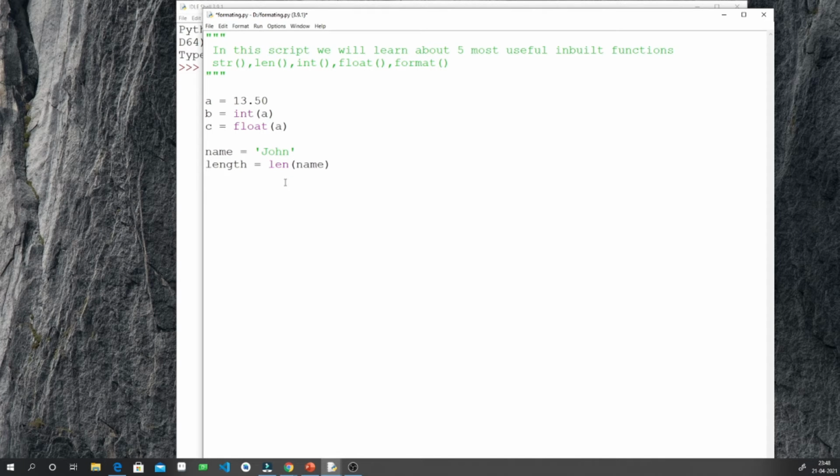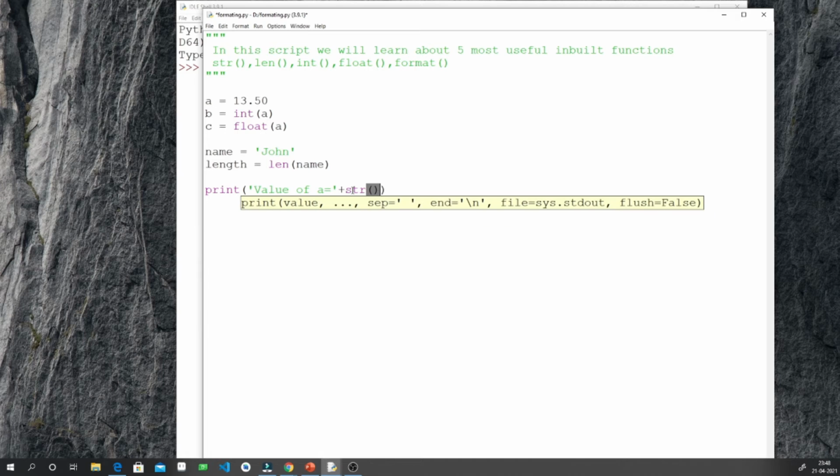After that, let us print all the things. Like value of a equal to, then after equal to, if you simply type a here, it will throw an error, because the print function only accepts string values. So what you have to do is, you have to convert it into string. To convert any value into string, we use str function.